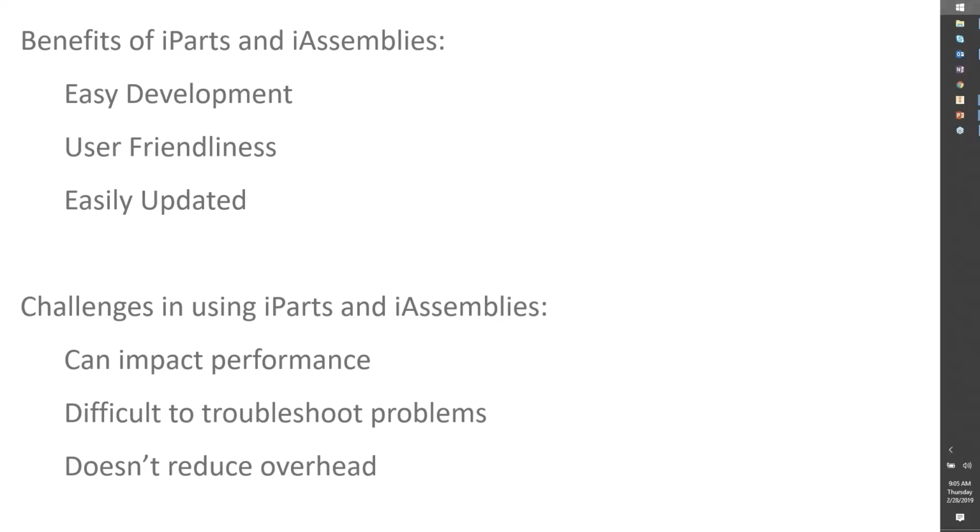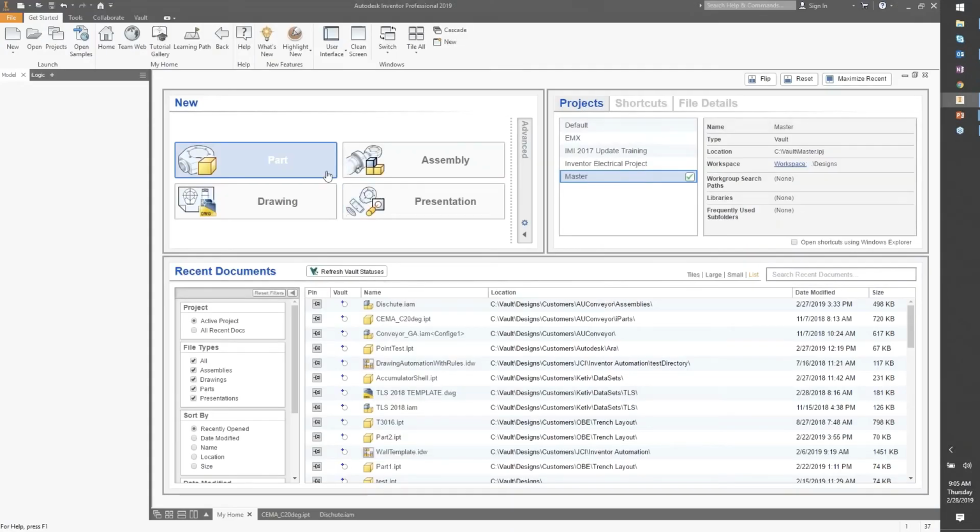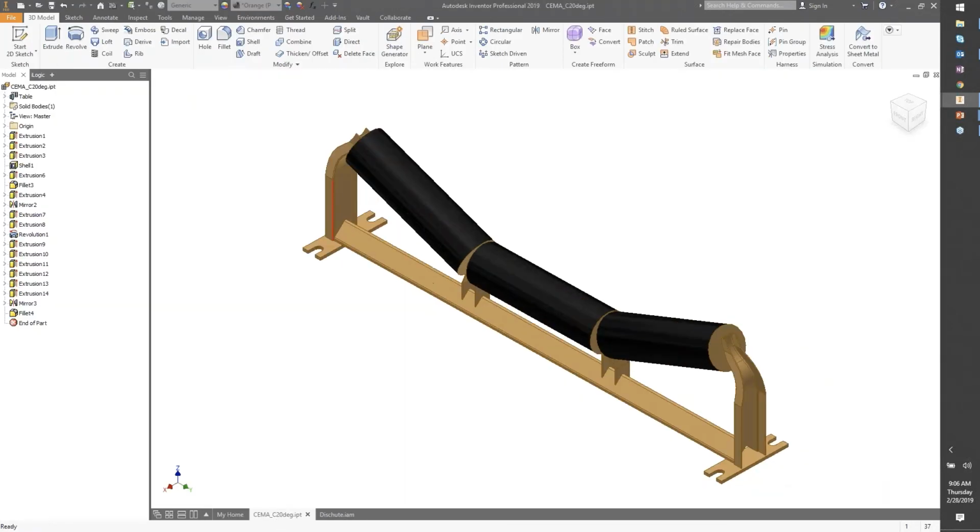Let's take a real quick look inside of Inventor just to give you a visual of what I'm talking about here. So I have Inventor 2019 open. In the background, I have an idler wheel that I created many years ago. This is an iPart. If I look over in my model browser on the left-hand side, where my cursor is, we have this table